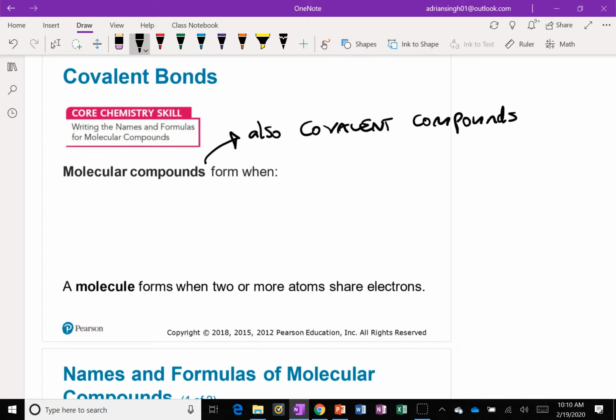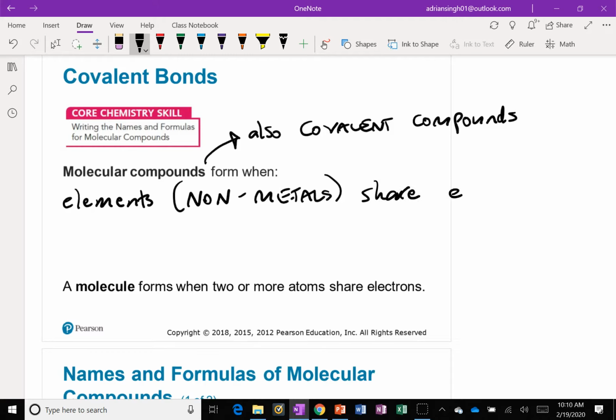And these types of compounds will form when elements, and specifically our nonmetals, share electrons, right? So these are two important differences between our covalent compounds and our ionic ones, the types of elements